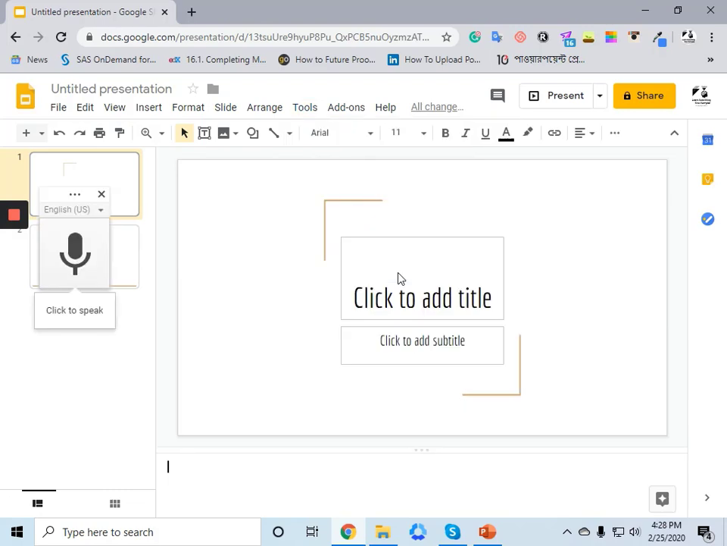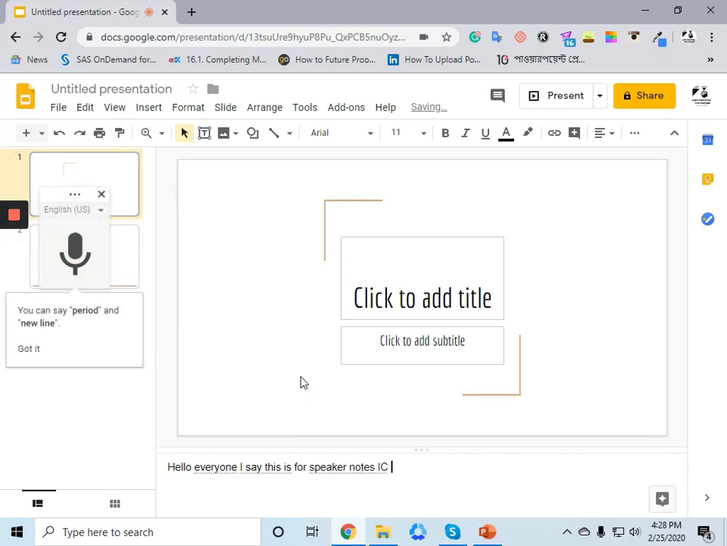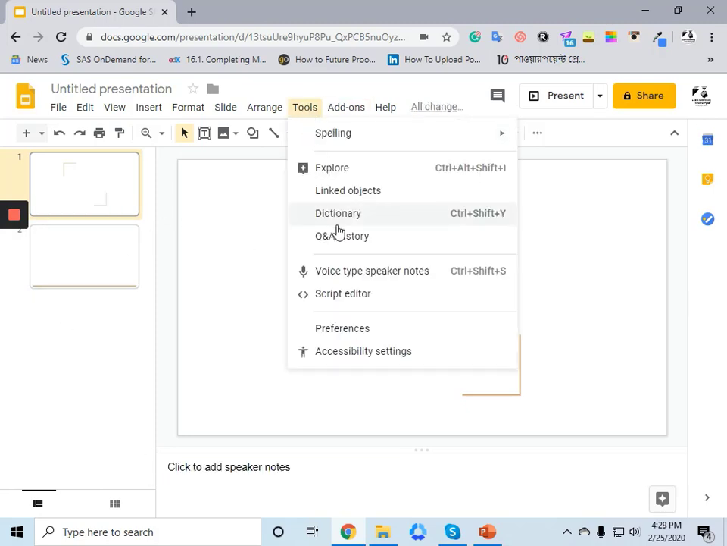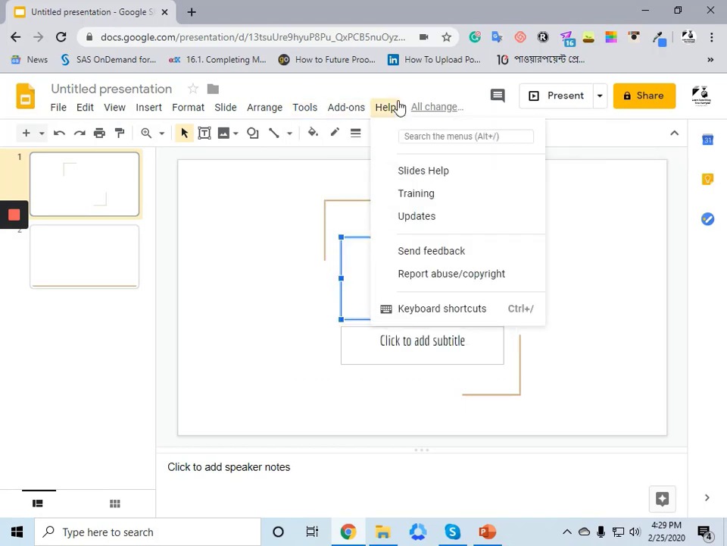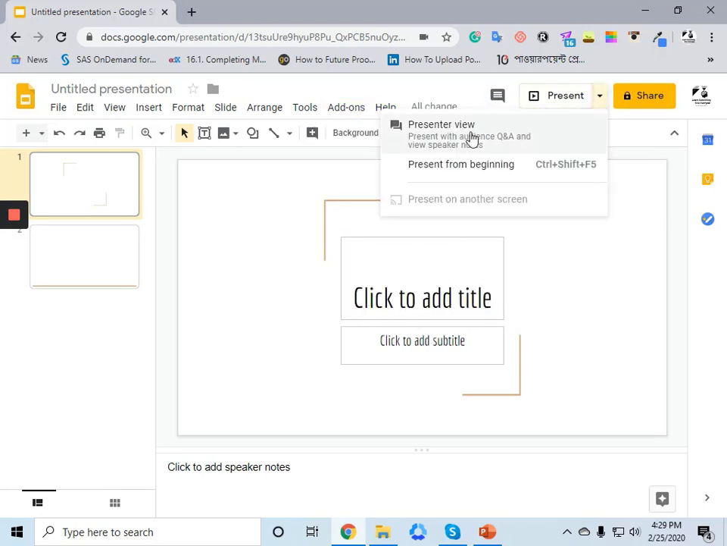Well, it's amazing. Let's check it. Hello everyone. Oh, I see. This is for speaker notes. I see. Okay, let's close it. Got it. Okay. Let's see the tools right here. Spelling, you can check your spelling from here. Advanced, help. Okay. So these are the basic things that you want, and you can present it from Google Slides